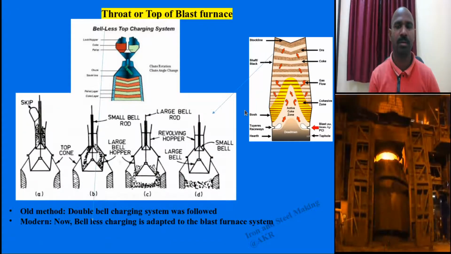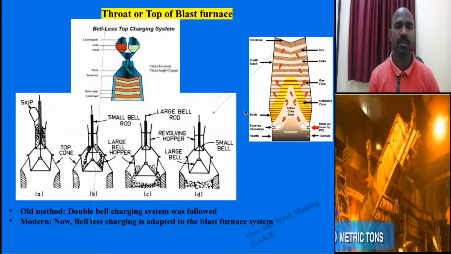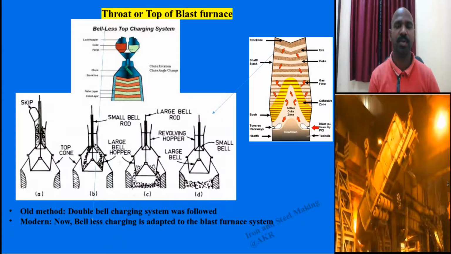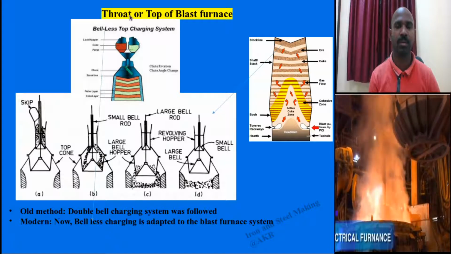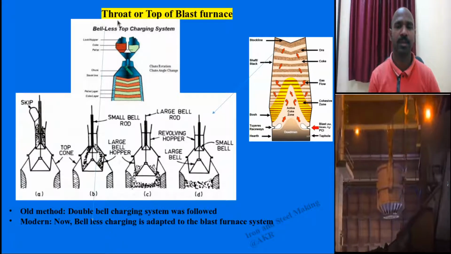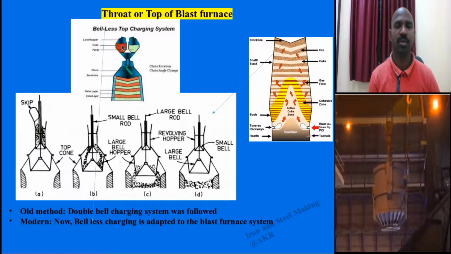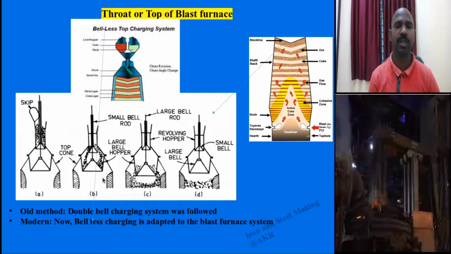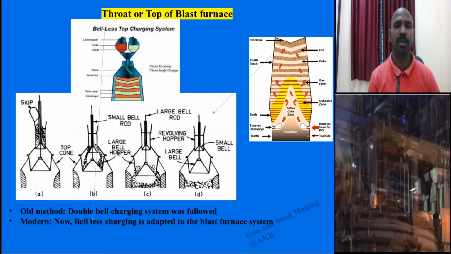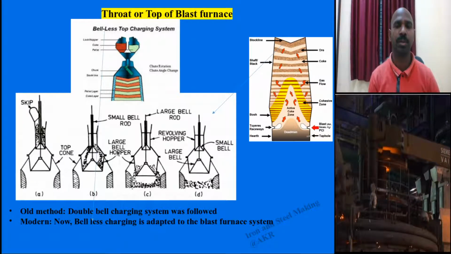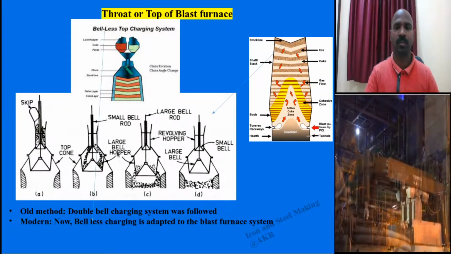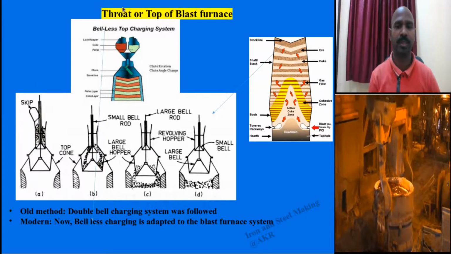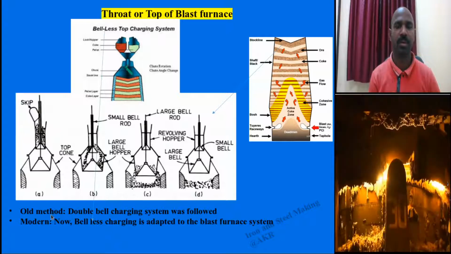Now if you see the first part, the top of the blast furnace, how does it look? Let me speak about the first part of the blast furnace, the top of the blast furnace, or the throat. The top of the blast furnace is used for charging of raw material. The raw material consists of, as I explained in the last unit, iron ore, coke, and limestone, which will be passed through this throat. This throat has two designs followed for this top part of the blast furnace.